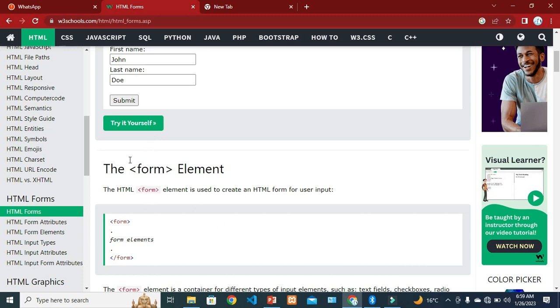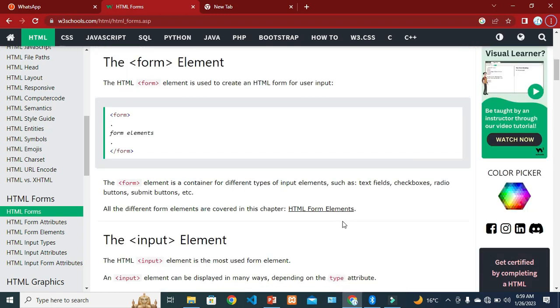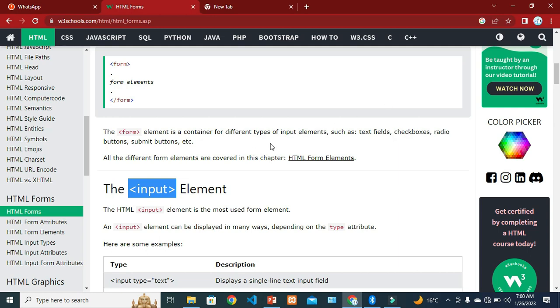So the form tag is used for making a form in HTML. First we have to use the form tag, the form starting tag and the form closing tag, and inside the form, elements will be rendered. Inside the form tag we use the input tag. Input tag may be of different kinds. It may be a text field, checkbox, radio buttons, submit buttons, or password fields. It depends on the type of the input field. So there are different types of input fields,